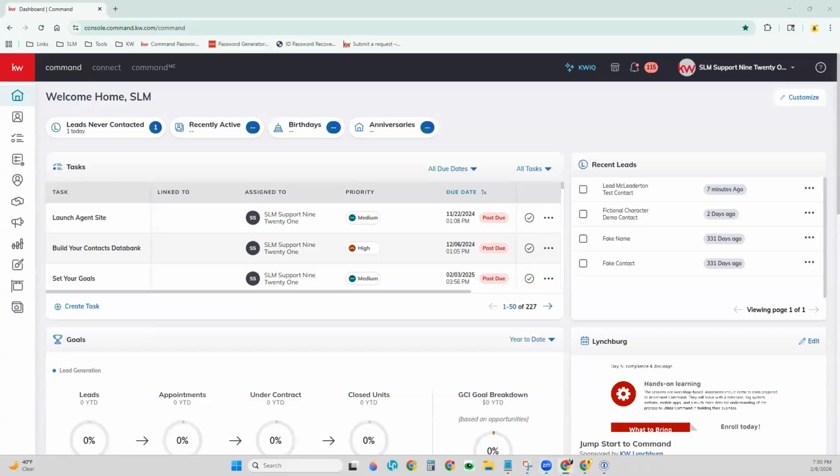I'd like to show you how you can export contacts out of your personal Command account. If you're on a team and you actually want to export contacts out of your team account, it's a little bit of a different workflow. So definitely check out our other tip videos on YouTube or reach out to us via email and we'll be happy to assist you with that. But again, this video is for solo agents or team members that want to export contacts out of their personal